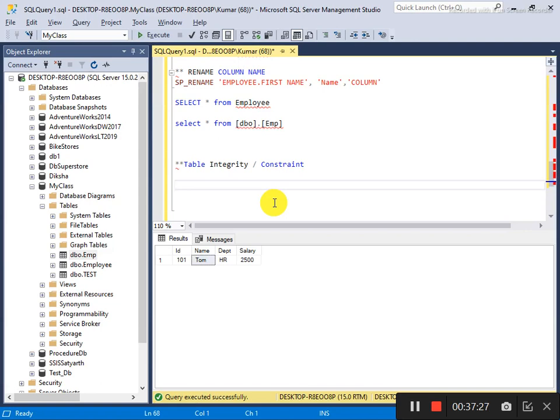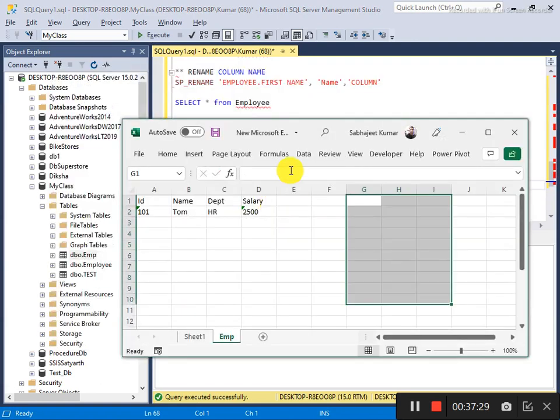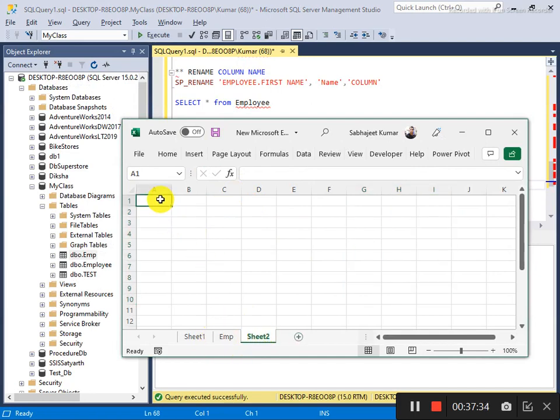So firstly, my concept is that before going further, I am taking two tables, the course table with course ID and course name.